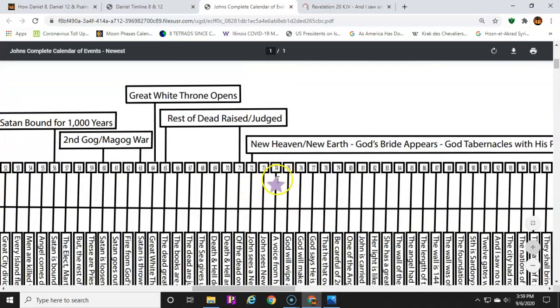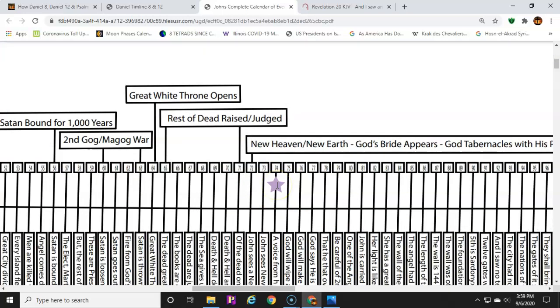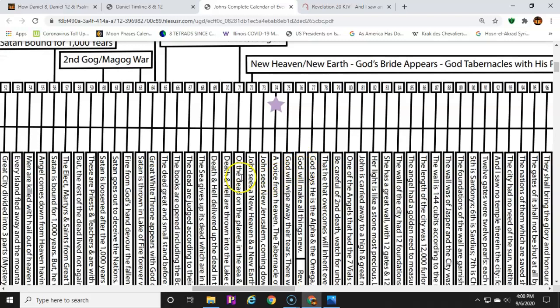And that's what this last star is on the 74, the tabernacling or the joining of God with the people that have made it through everything at the end. And so we will then be with him for eternity, because all of the wicked have now been thrown in the lake of fire. Antichrist, Satan, and the false prophet are all in the lake of fire at this point. And so that's all gone.